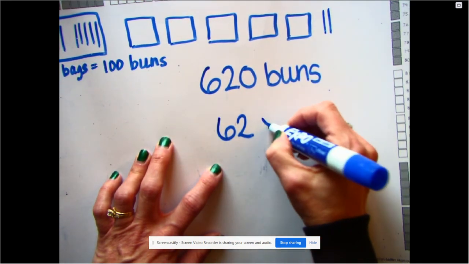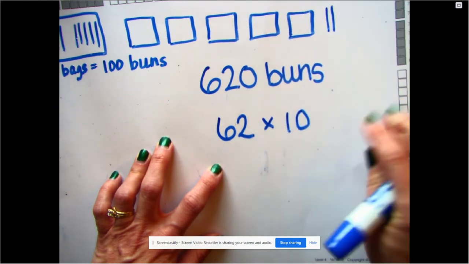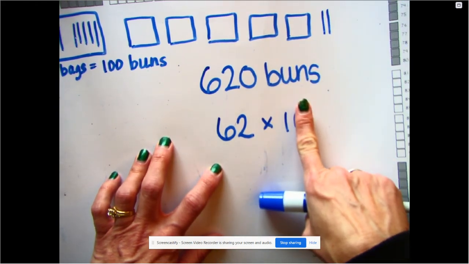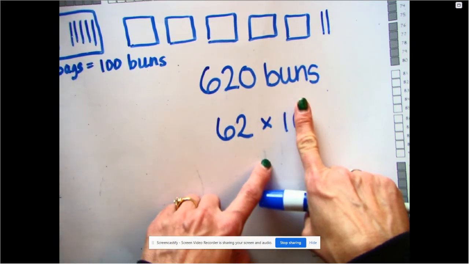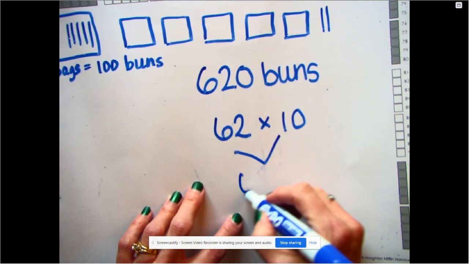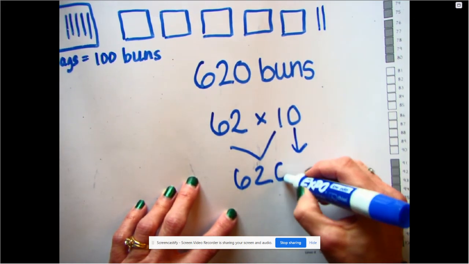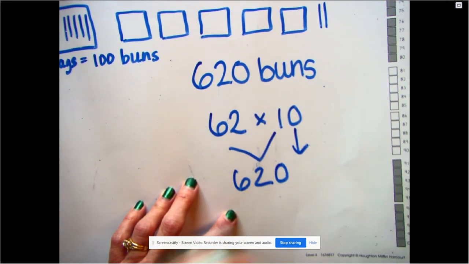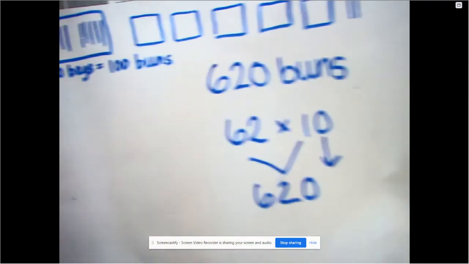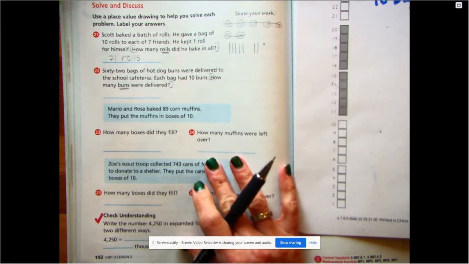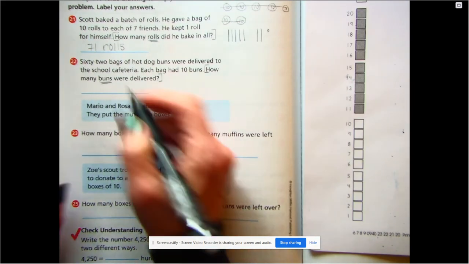Remember what we did? 62 bags times 10 buns in each bag. Cover up the 0. Show me what you know. 62 times 1. And then bring that 0 down. Tack it on the end. There's 620 buns all together. See, we got to be thinking in groups of 10. So for how many buns, we're going to write